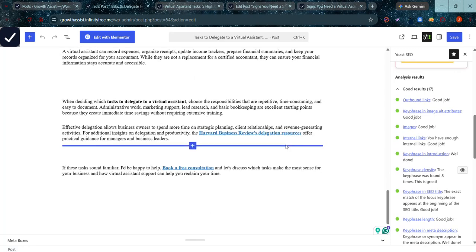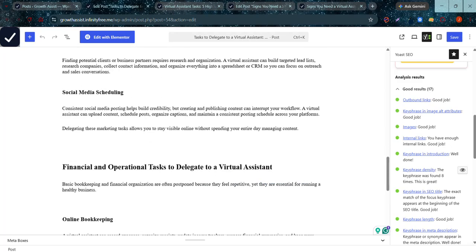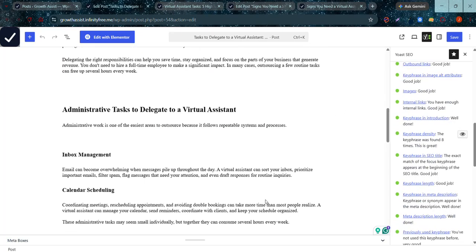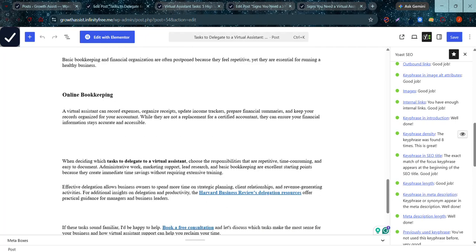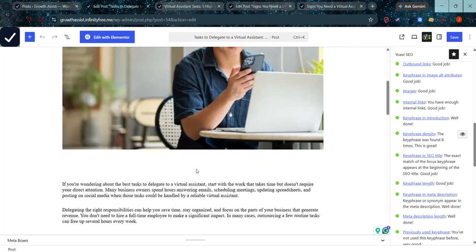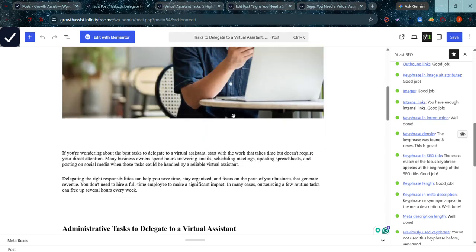Key phrase and attributes, so it's the alt text of the image, and then the image, internal links, which is this one. Key phrase in introduction, which is the first paragraph here. Key phrase density, key phrase in SEO titles.